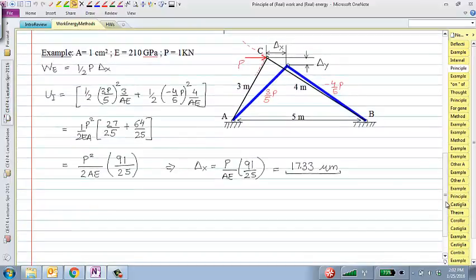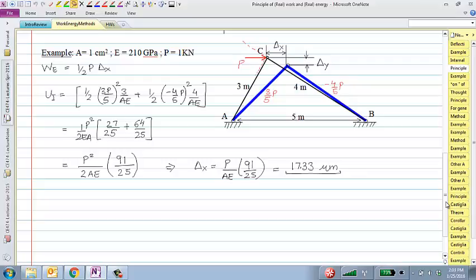Maybe last lecture or the lecture before, I had introduced this particular example. You had done this example for your homework one using, I don't know whether you used the geometric methods, or some people actually used the virtual work method. But last time I showed you that you can find this delta x